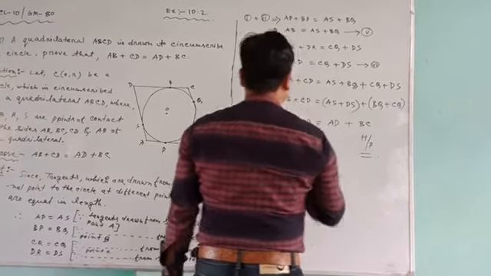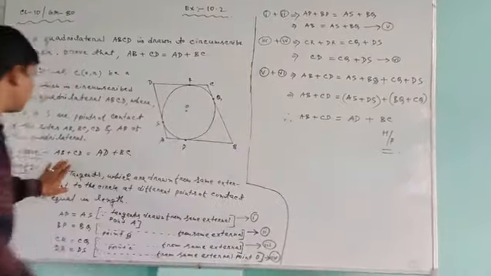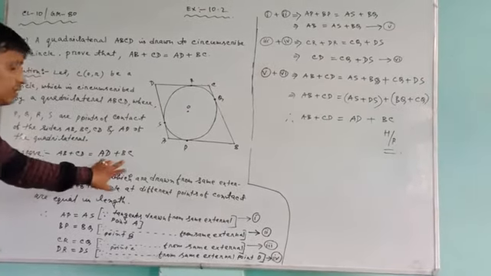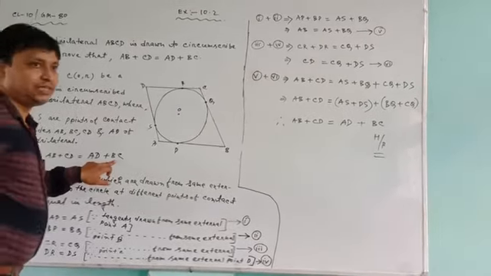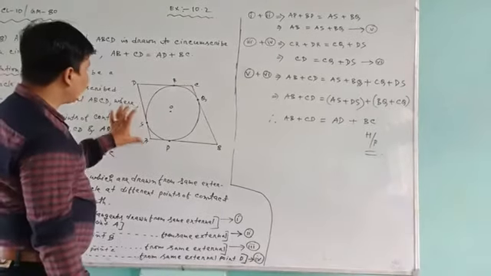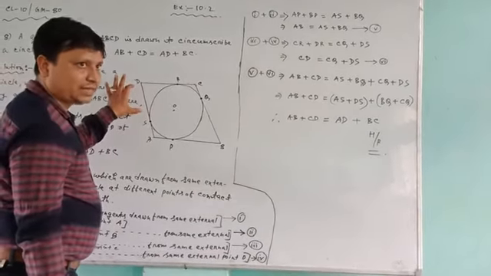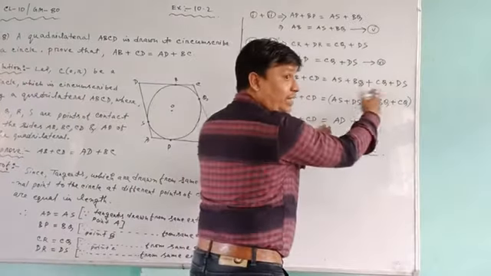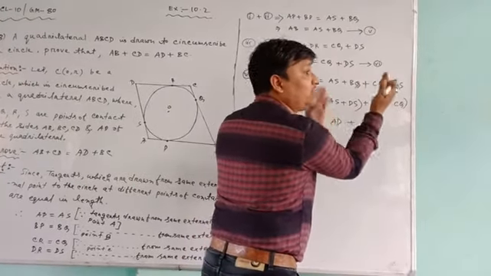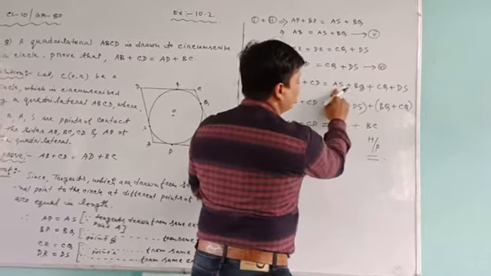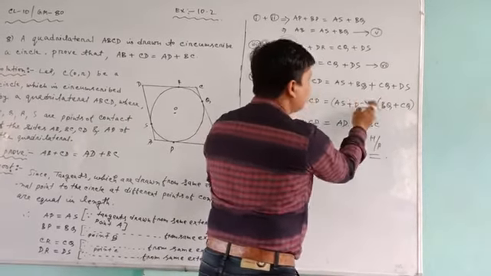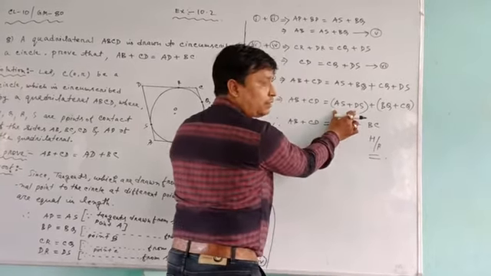Adding. Now see. AB plus CD, that one already matched in left hand side. So now we want right hand side. How we will get AD and BC? Just to see the diagram. So AD is what? AS plus DS. So on the right hand side you see AS plus DS is there or not. AS, DS. There. So just to arrange in one bracket.